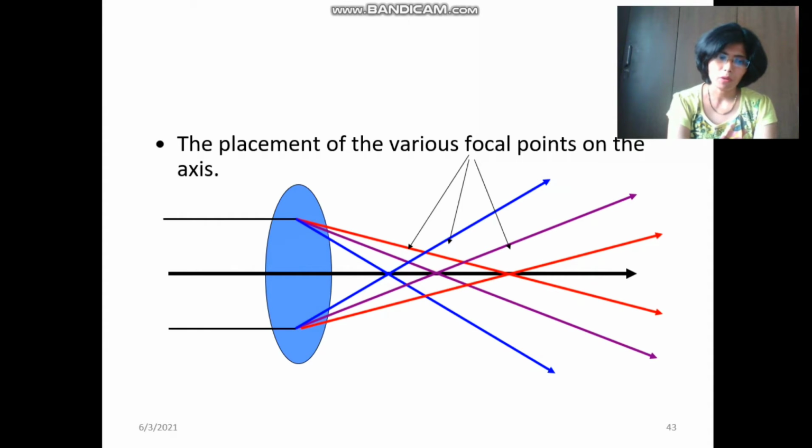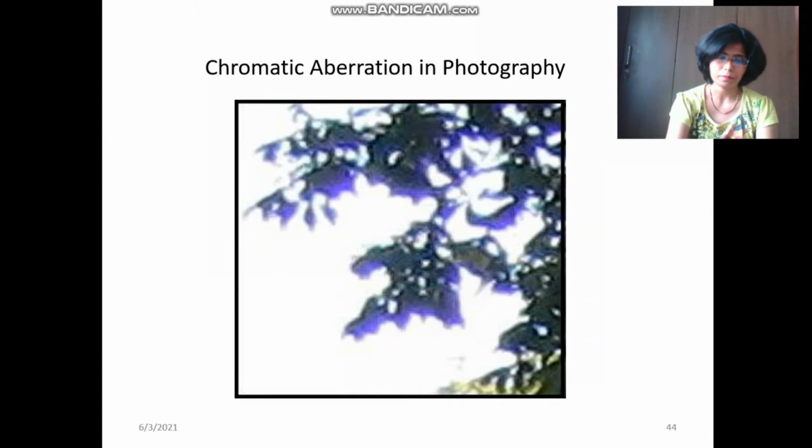Therefore, violet rays are brought to focus at a point closer to the lens than the red rays. The images due to the various other colors lie between the two extreme colors. Thus, a lens produces a number of colored images of a white object, resulting in a linear spectrum. The defect which results in blurring of the image due to the lens along its axis is called axial or longitudinal chromatic aberration. If FV and FR are the focal lengths corresponding to the violet and red color rays respectively, then mod of FR minus FV is taken as a measure of longitudinal chromatic aberration. This is the chromatic aberration in photography.